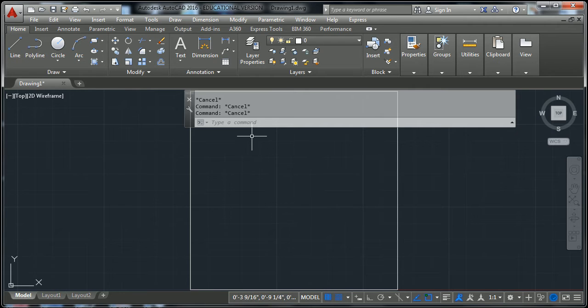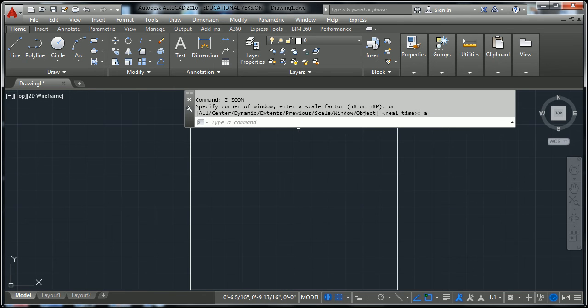Also, there are shortcuts in AutoCAD. So if you type in Z, enter, that is also the zoom command. So I think, to be honest, that is the fastest way to get to the zoom command. So Z, enter, A, enter is all. Okay, so with those keystrokes, you should be able to get to